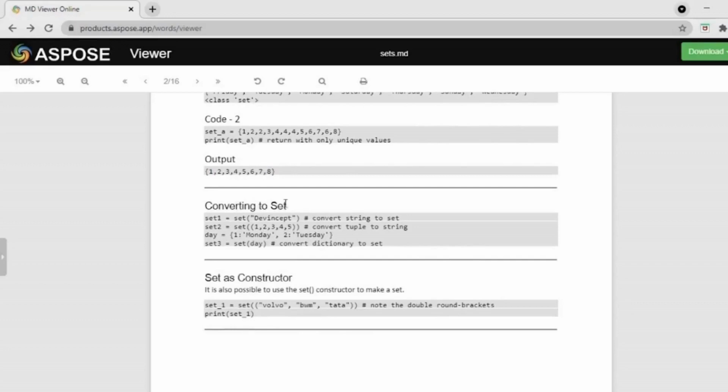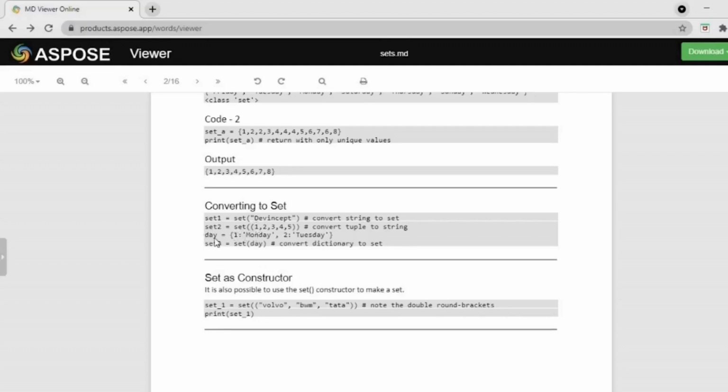If we want to convert any type to a set, then we make use of the set function. Here we are converting a string to a set, here we are converting a tuple to a set, and here we are converting a dictionary to a set.